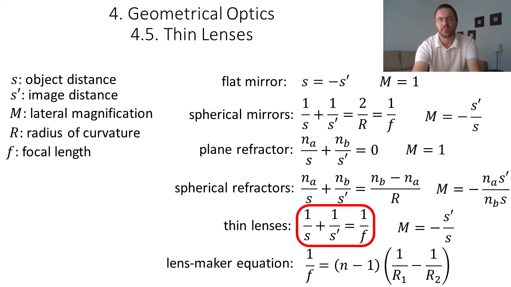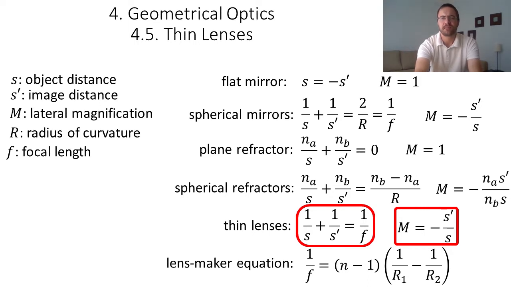to the focal length by the relationship that 1 over S plus 1 over S prime is equal to 1 over f. And also we have the lateral magnification that is given by minus S prime over S. And so again, the principal difficulty in using these formulas is with the sign rules for S and S prime. So I recommend one more time that you check the video on sign rules